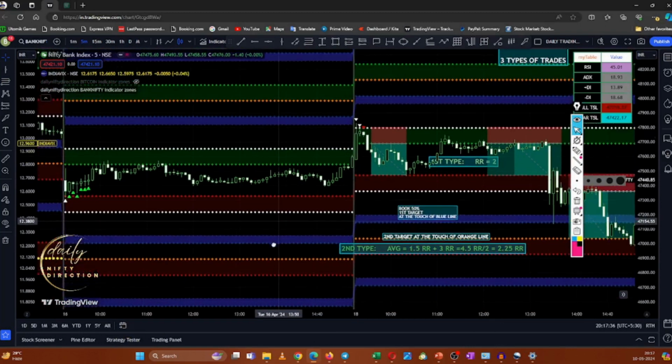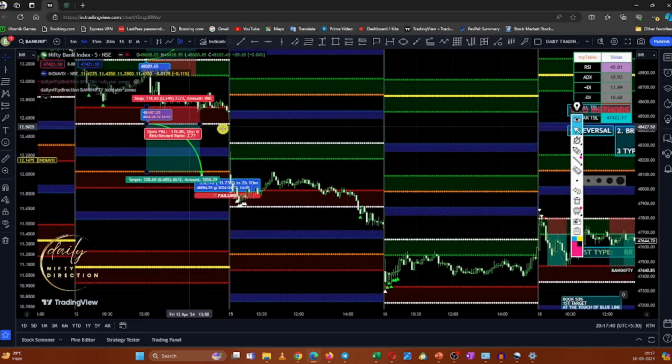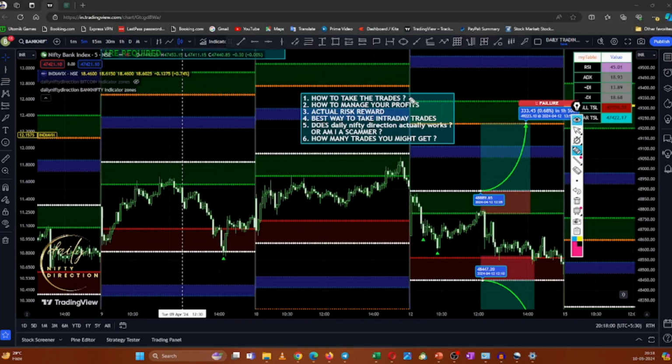So let us see whether all your topics have been covered or not. All doubts, you might not have any doubt after this. It has been covered. How to take the trades, how to manage your profits has been covered. Actual risk reward covered. Best way to take intraday trades covered. Does daily Nifty direction actually work, or am I a scammer? It is. Now you yourself can judge me